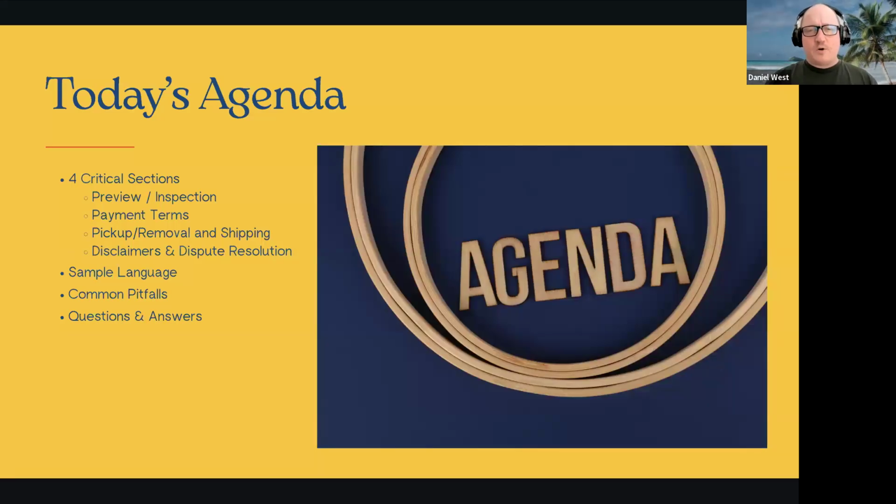It kind of follows the order of a normal auction, right? So for bidders, the first engagement with the auction is to see what you are selling, the preview period. Then once they participate in the auction, they win some items, they're going to pay you, and then they're going to come pick it up. And what they need to know too is, if there's a problem, where you stand on issues. That's the dispute resolution and disclaimers language.